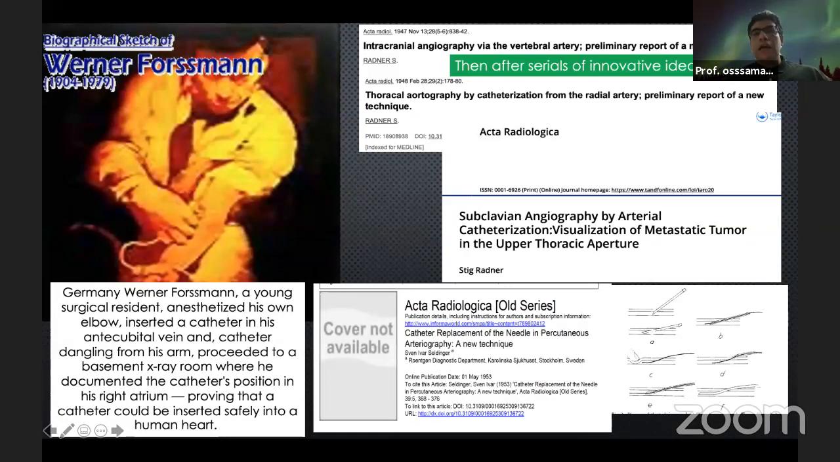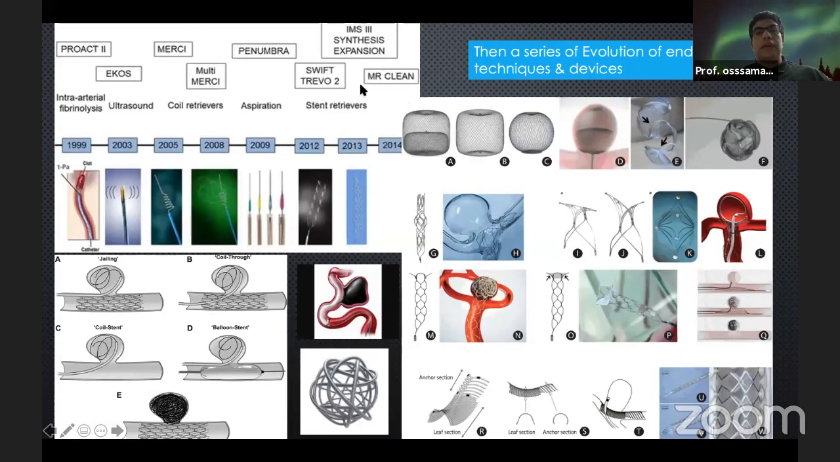Then a series of innovative ideas based on these trials came onto the stage of practice, where Seldinger reported his Seldinger procedure and how to use this maneuver to puncture the femoral artery, and other innovative ideas were used to gain access through different parts of the vascular system. And then, through a series of evaluations, the endovascular techniques and devices have developed so much